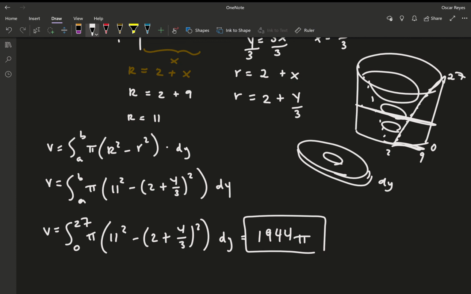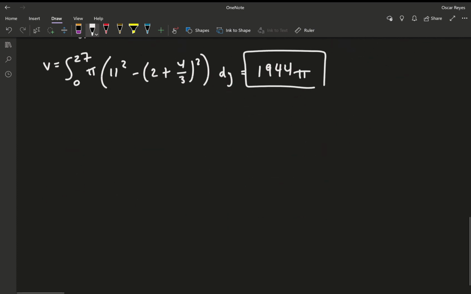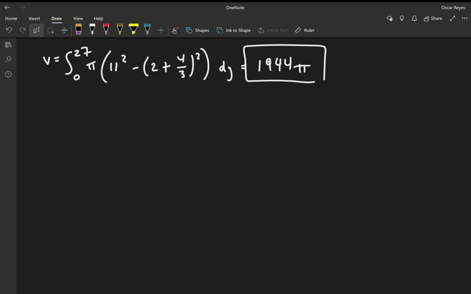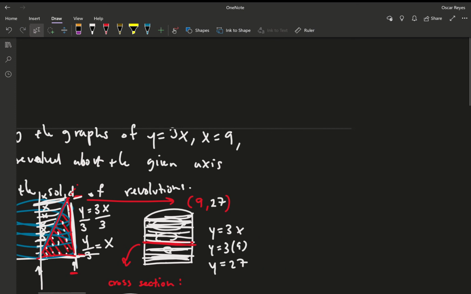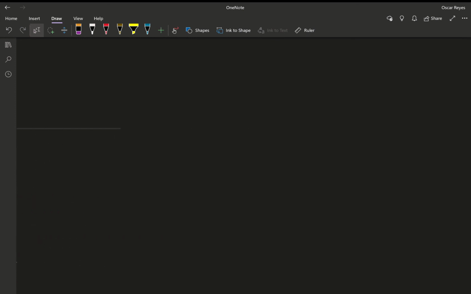Now let's go ahead and look at the first problem where we rotated it along the y-axis, and let's look at it through the shell method. Okay, so if we go back to this problem, and if we rotate it around like how we did earlier, the y-axis, we're going to get this kind of shape here,